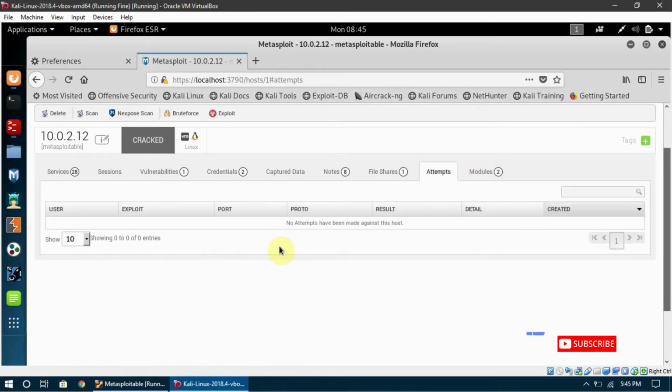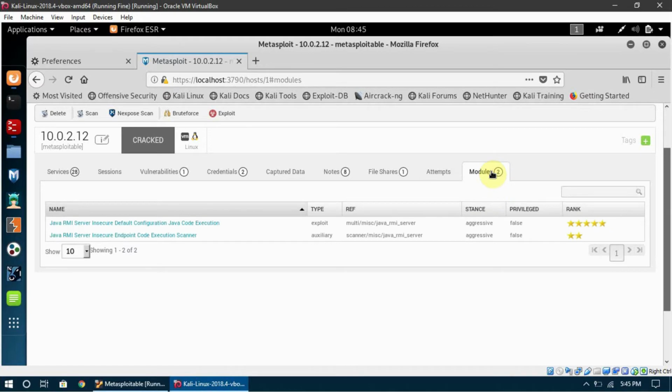Attempts shows if we made any attempt to hack into the server, so those attempts will show here, and this is the modules. One thing I want you to notice is that the sessions tab here is actually empty right now, and no sessions are open right now.